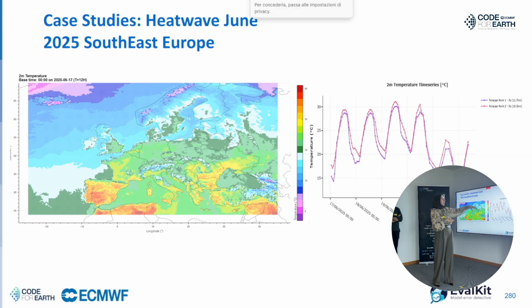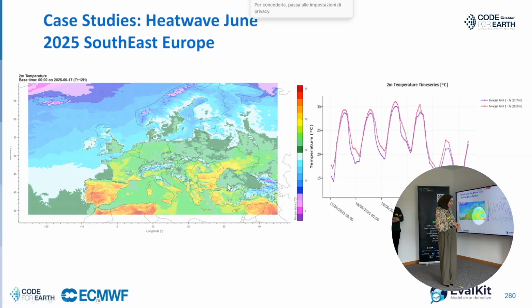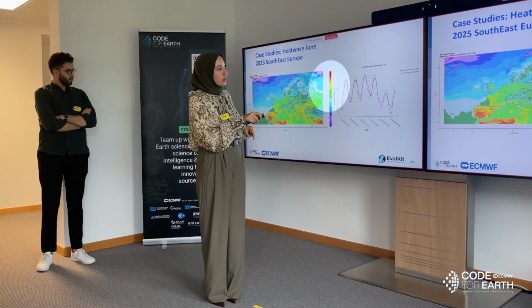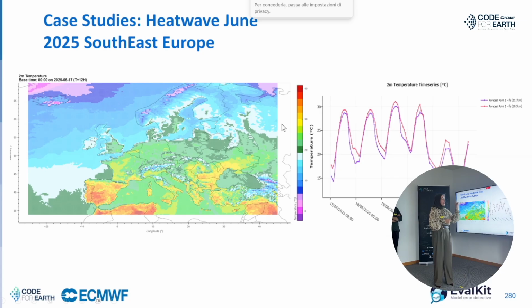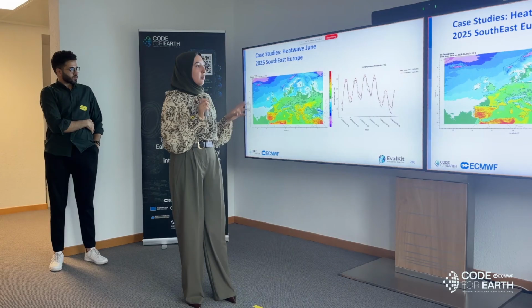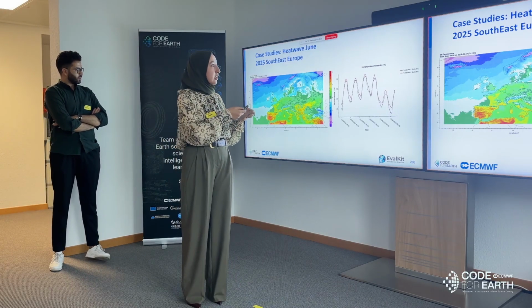We have again the dynamic map and the time series plot, and here we have orange and yellow colors, which is in the 30s. If you see the color scale, it is around 30 degrees. And what we observed is that the map aligns perfectly with what we see in the time series. As you can see, the peaks are around this value. So here we leverage two of our tools, the dynamic map and the time series.